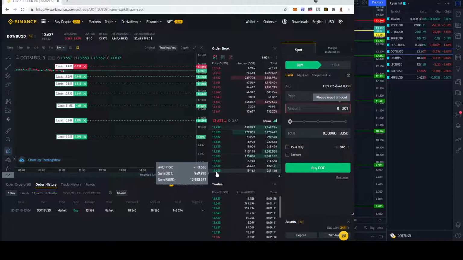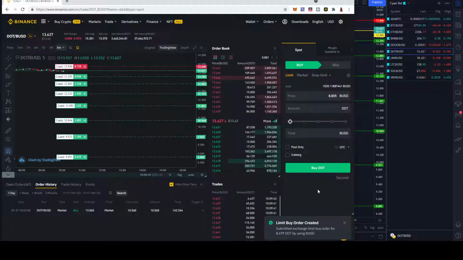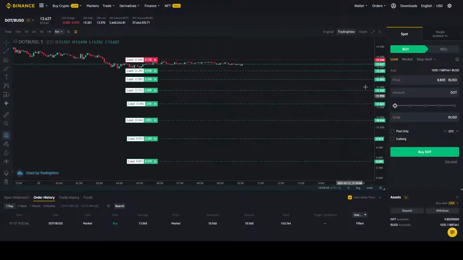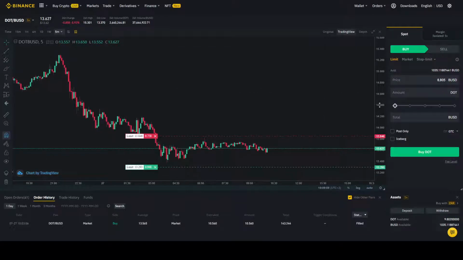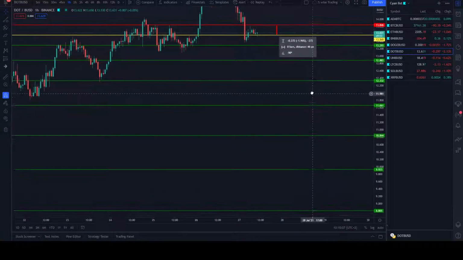There we go. There's something wrong. Let's just see again. 805, and this one should be 77. There we go. So let's see. I got my 8 trades in, as you can see. I'm all set up. Now the market can run. If it goes up, I'm making profit. If it goes down, I'm buying more Polkadot.